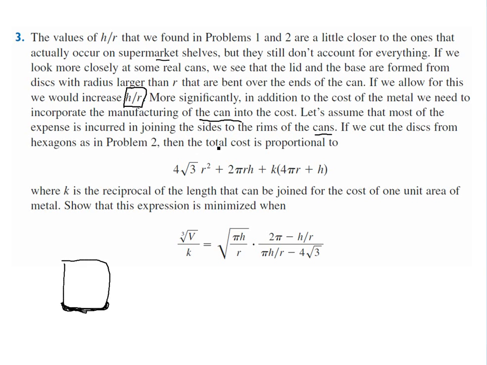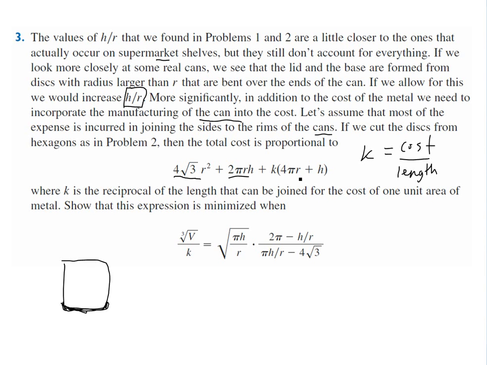If we cut the discs from hexagons, as in problem 2, then the total cost is proportional to this one here. This is the basic area of a hexagon plus area of the sides, plus this cost, or this is the reciprocal of the length that could be joined for the cost of one area of metal. Well, that's pretty complicated. Just consider it as cost per length